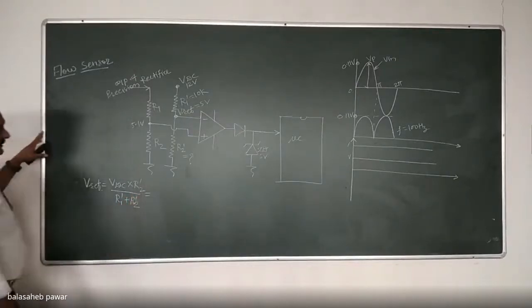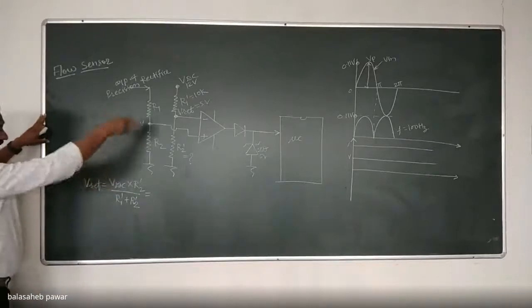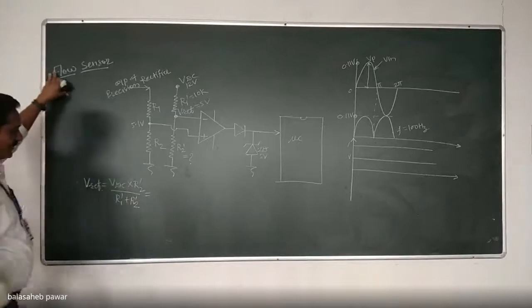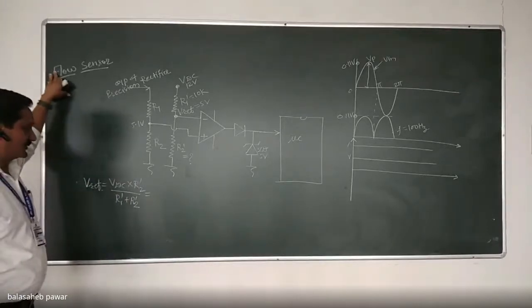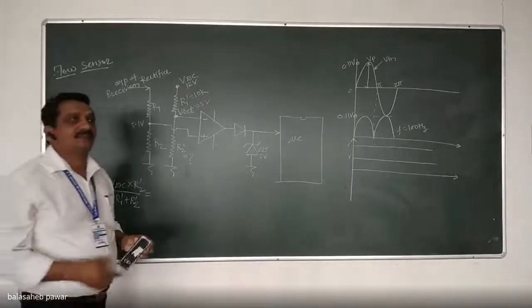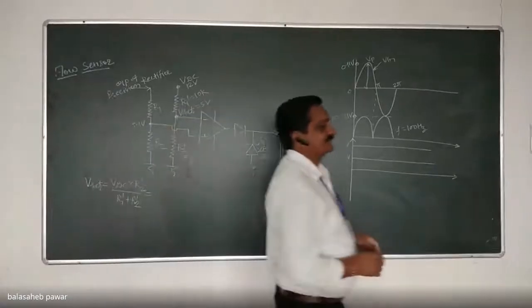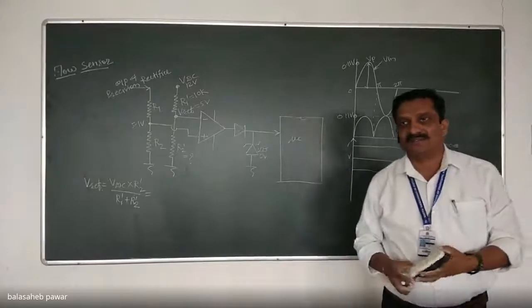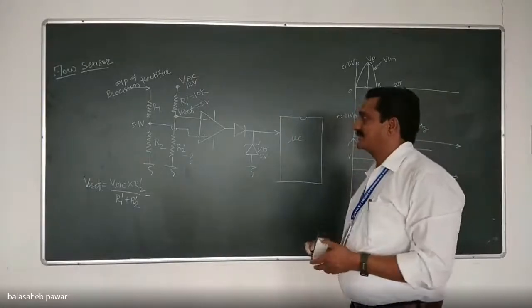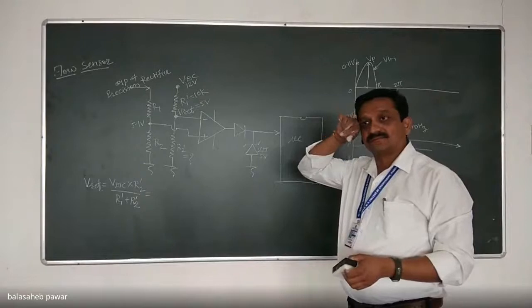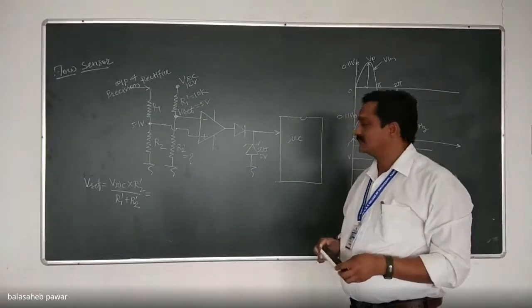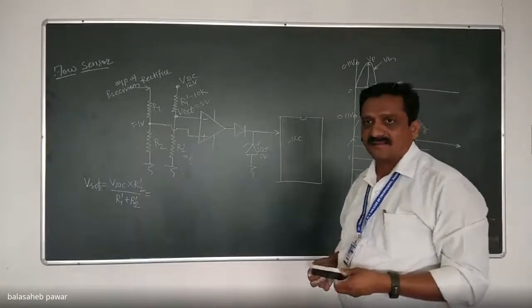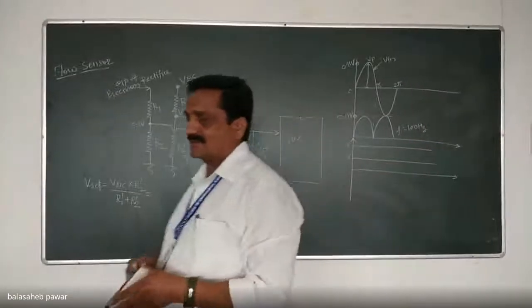Those who yet don't know how to find out that reference value, for them I have written the formula. So you all have to try this one. R2 dash equals, note it down and calculate. R1 dash I consider 10K, you can consider any other value also, no issue. Fast. Don't give your answer in the chat box.